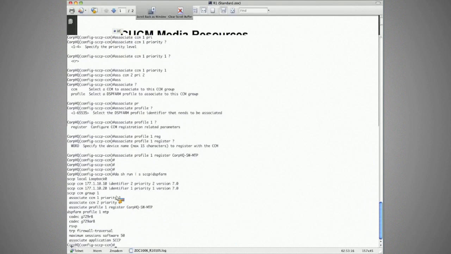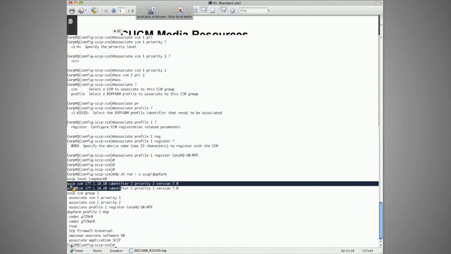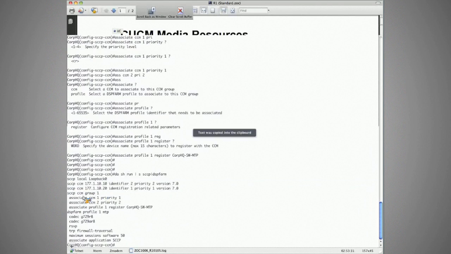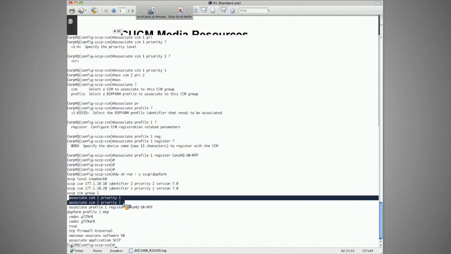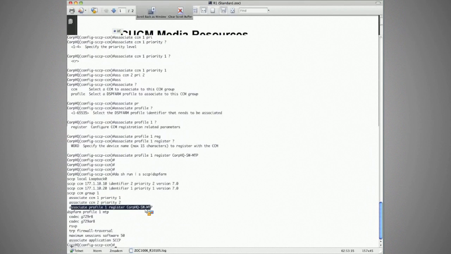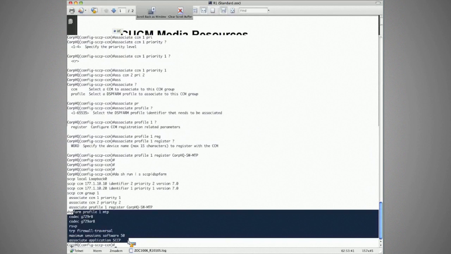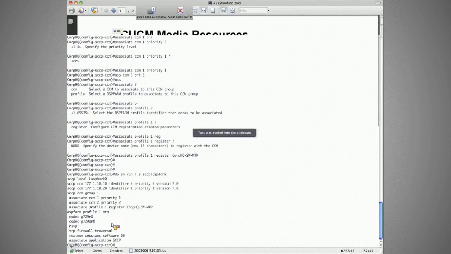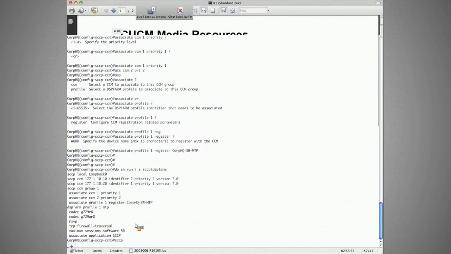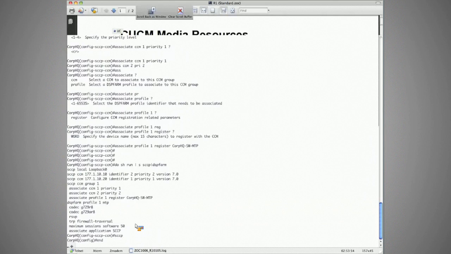So now let's do show run pipe section skinny or DSP farm and see what we have here. We've got our local loopback interface for traffic sourcing and destination. Destination if it's coming to us, source if we're originating the traffic back. Our 2 CUCM identifiers, associating those in the group, associating the profile 1 to register as this name. The profile is no shut with a max sessions and associated to the skinny application with the proper codecs, RSVP, and TRP support. All we need to do now is say SCCP, turn it on, and we can do show